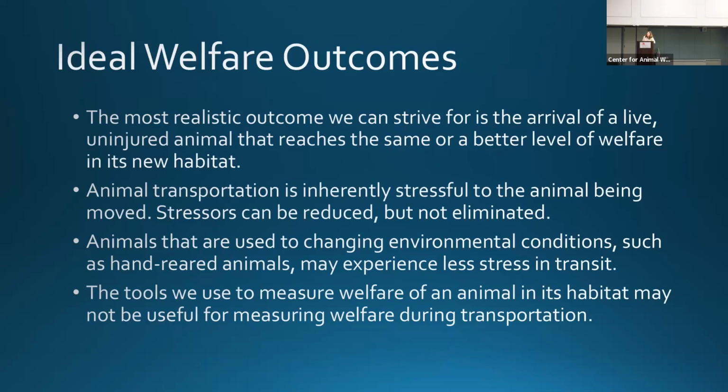So, ideal welfare outcomes. The ideal is that the animal arrives safe, uninjured, and at the same or a better level of welfare in its new habitat. Transports are inherently stressful though, and we need to be honest with ourselves that an animal starting at the San Diego Zoo is going to have this level of welfare, and during transport there are going to be some additional stressors. The key is, when it gets to its final destination, have the stressors been reduced to the level of the original? Now we have data on animal welfare assessments from prior to shipment, during shipment, and after shipment. It's a little bit subjective, as everybody in this room can attest, but that is why we would send people who are familiar with the animals,